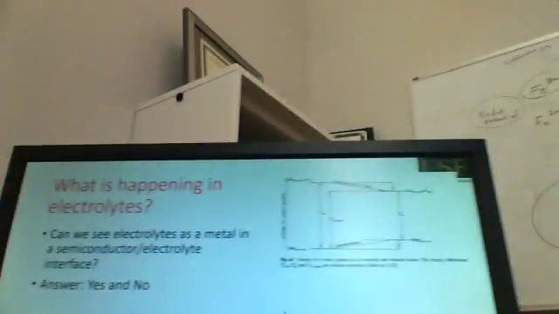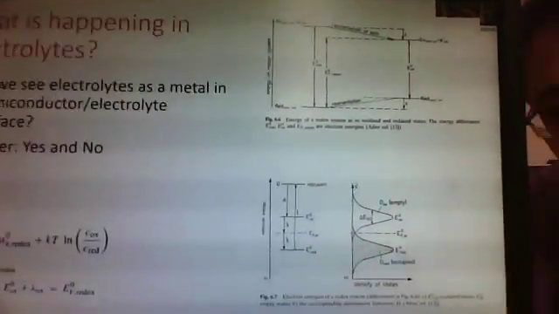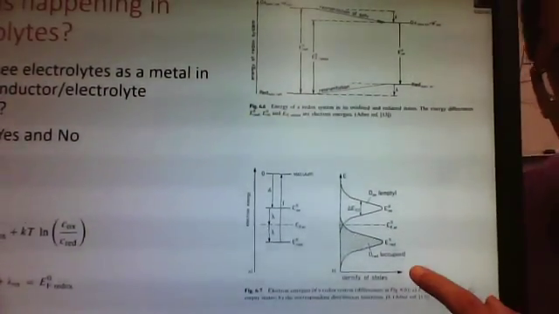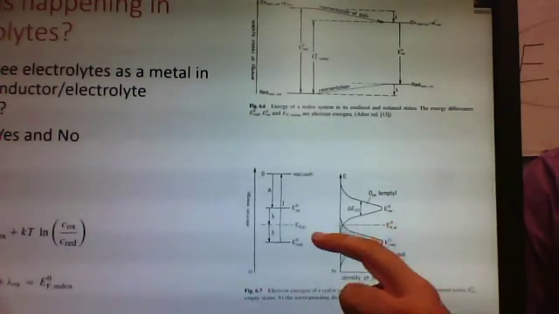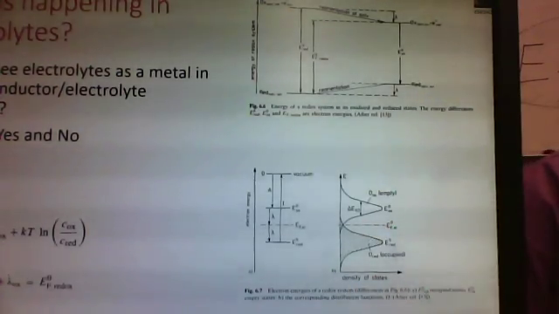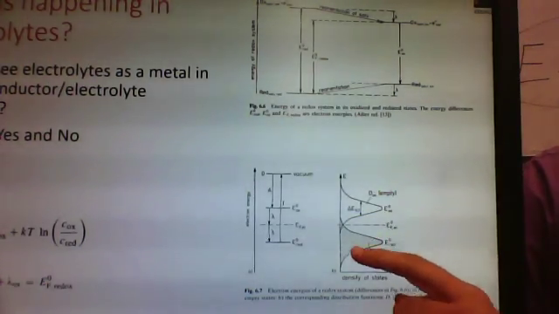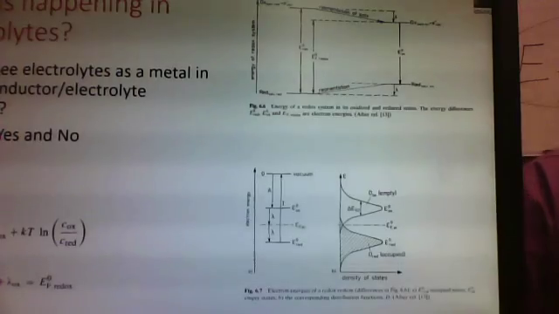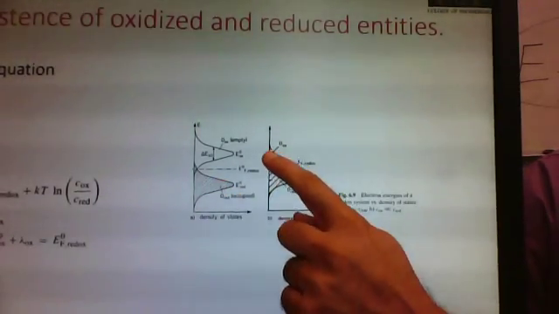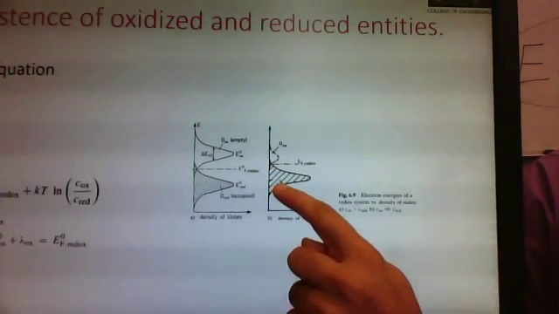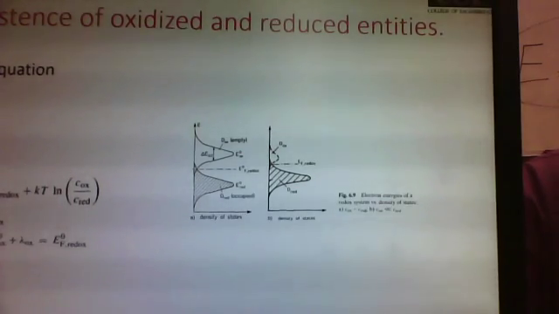I'm hoping that the diagram here will be clearer. First of all, as I explained, this is the case that we have. We call this energy level the redox potential for the reaction, while we know that the distributions of the oxidized and the reduced form mimic a Gaussian form. So if, for any reason, we increase the concentration of the reduced form and decrease the concentration of the oxidant form,